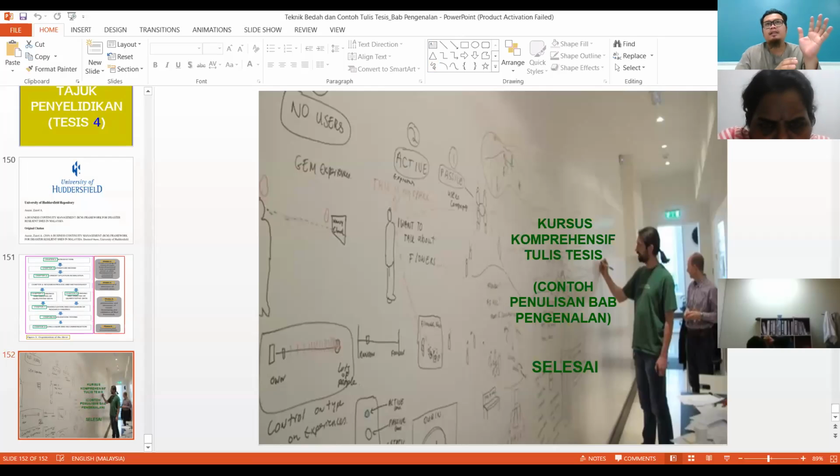We need to be clear on small things. For today, we only cover limitation. But for me, limitation is the most important, so that's why I try to put in energy to make sure you clearly understand how to write the limitation. Okay, so that's why I hope so.